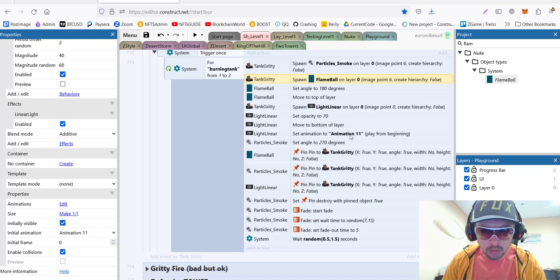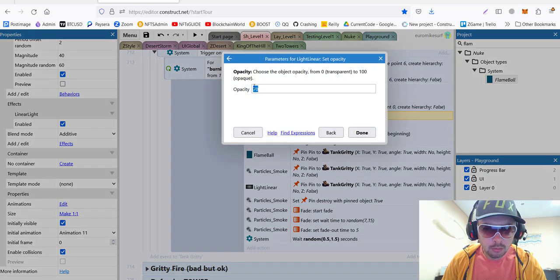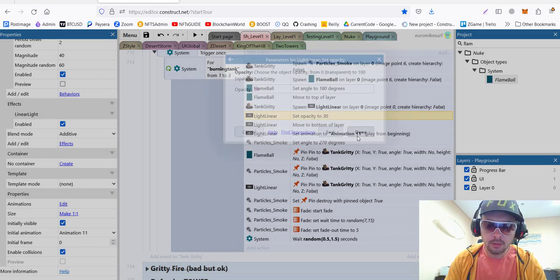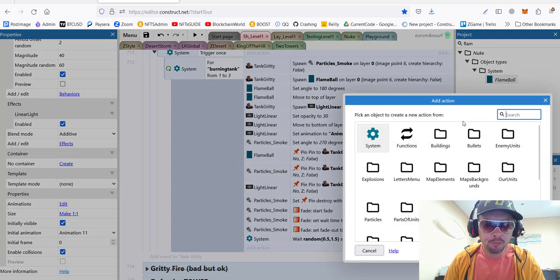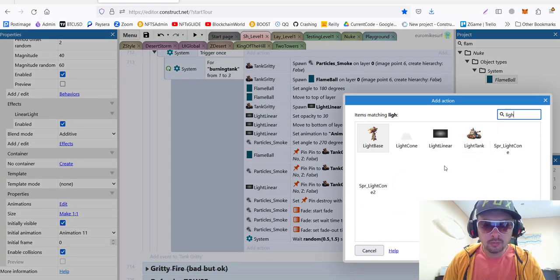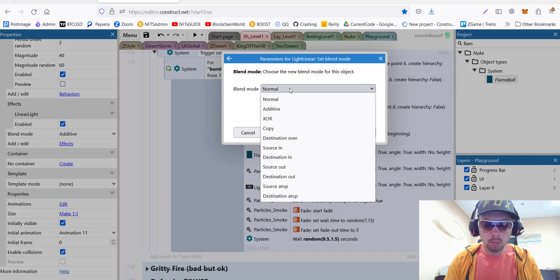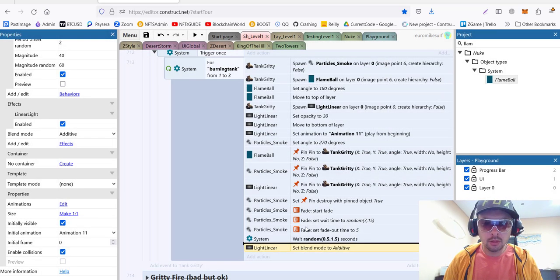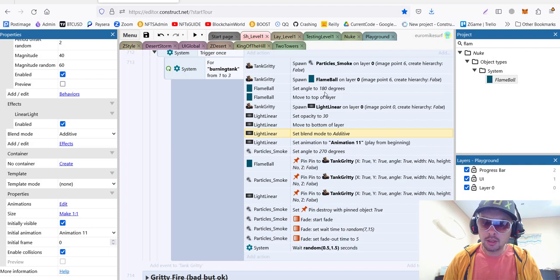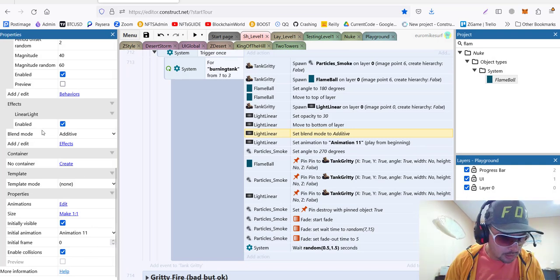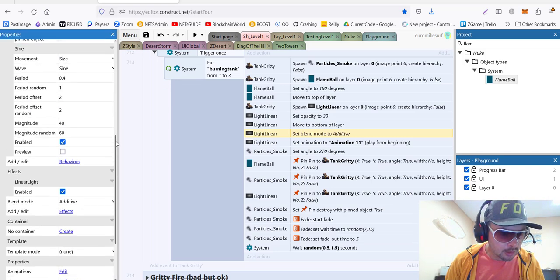Because we already set animation to 11, bottom layer, opacity, maybe even less, to 30. Why is it so bright? Let's put blend mode again to additive, linear light, blend mode to additive. Not sure if it's not saving my settings of the reference, because the reference looks nice and I don't see any other settings. Just blend mode enabled,